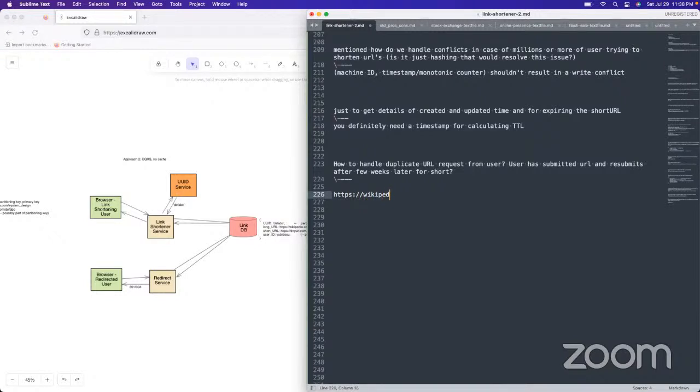So let's say that multiple users wanted to link to the exact same URL of Wikipedia, wikipedia.com/system design. So you might have literally multiple users that, like if there's a popular YouTube video or something, and each of them want to short link it, and they might each want to have their own analytics of